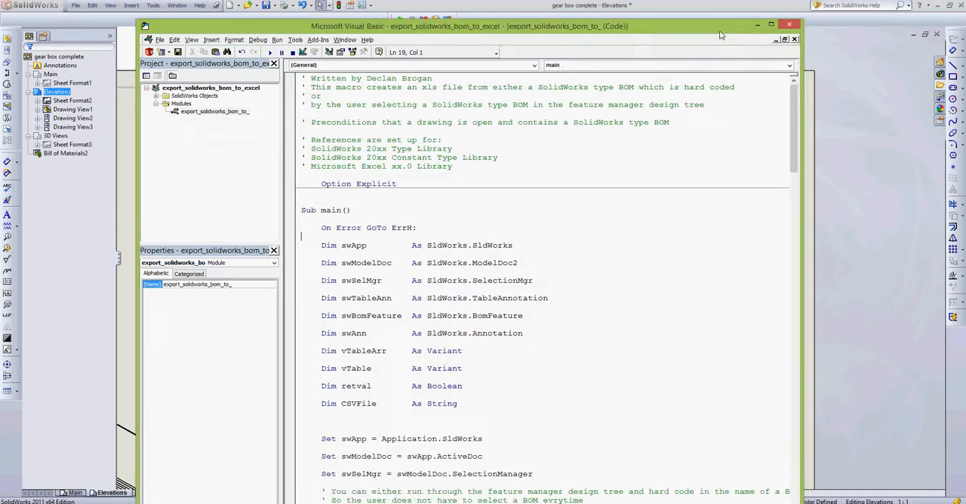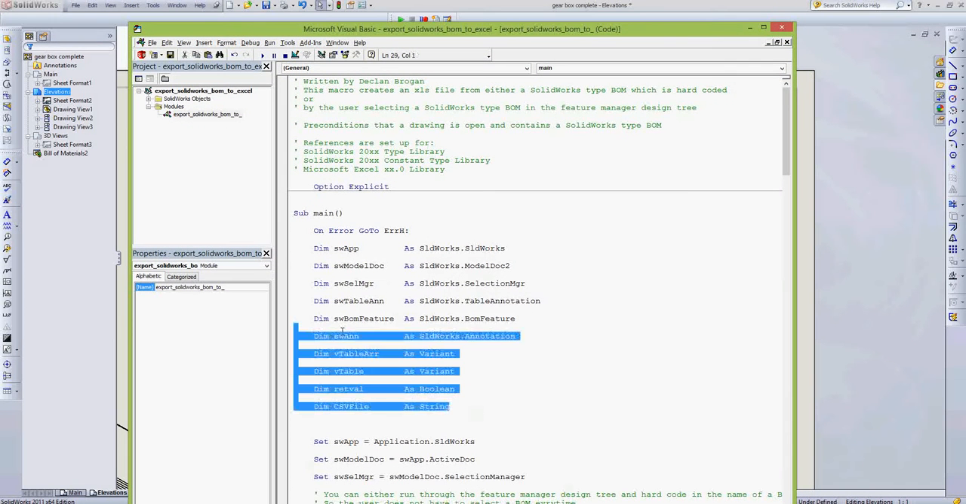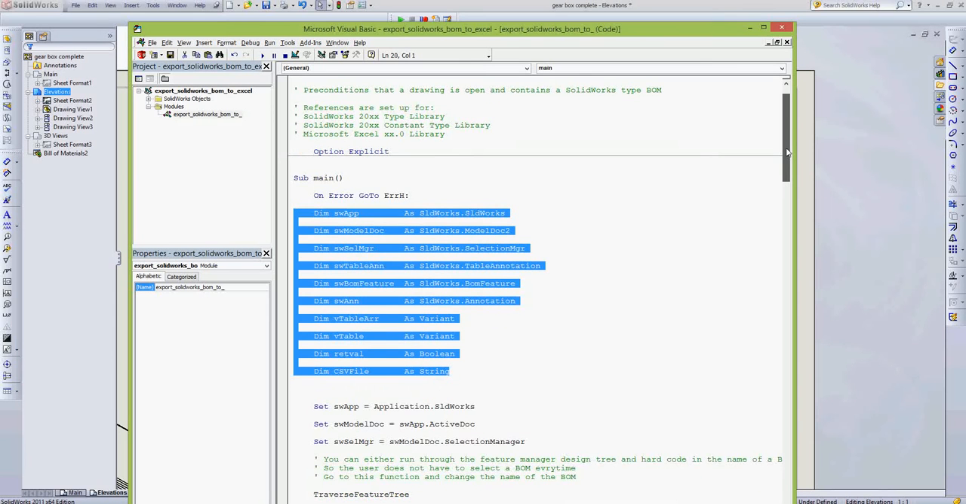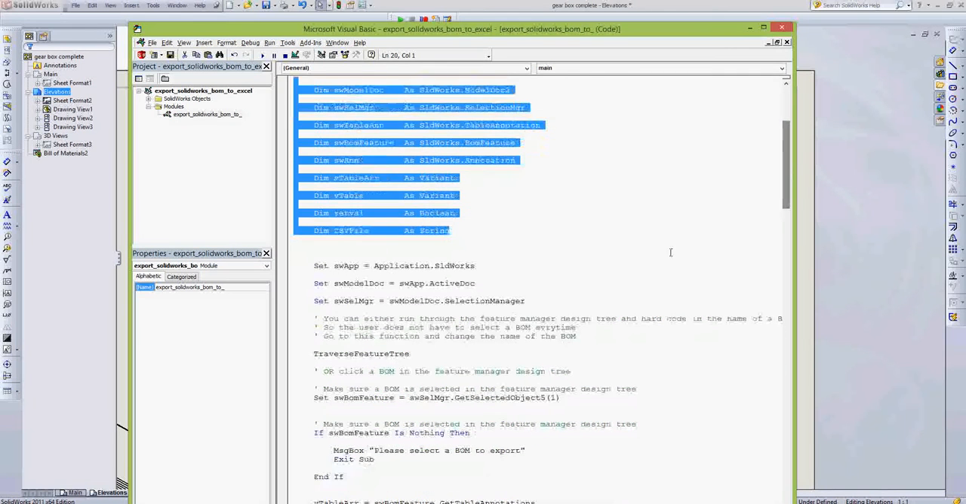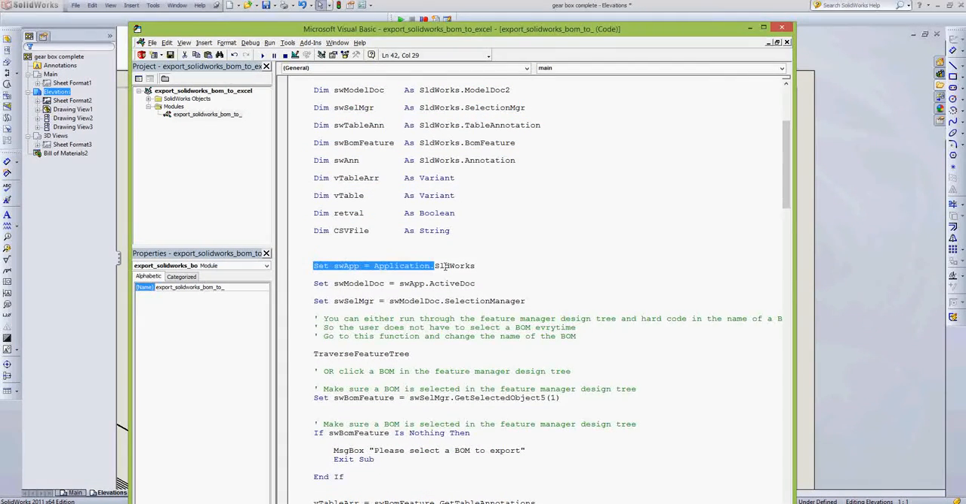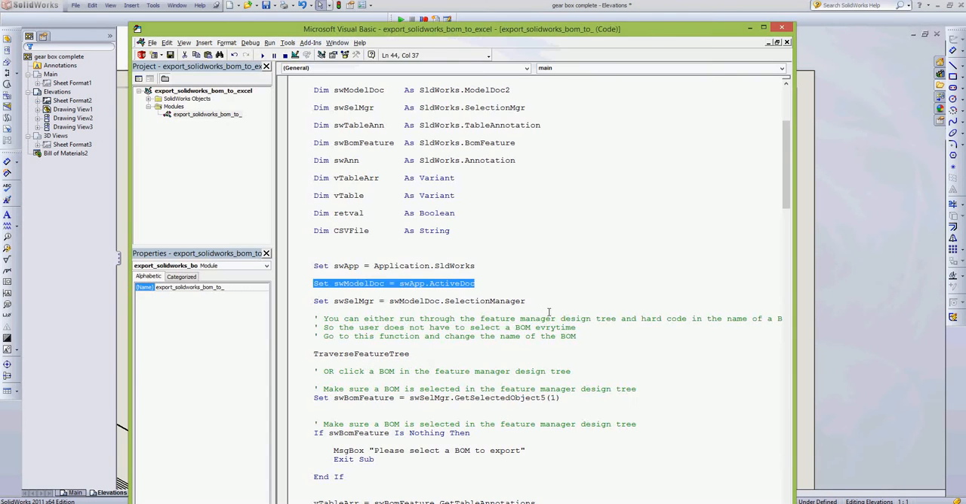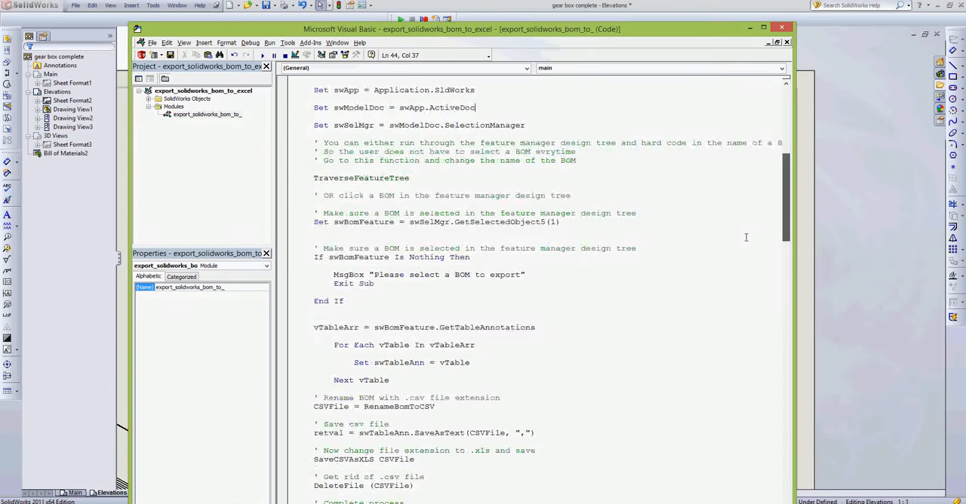Okay, so basically in the main procedure, you set up all your variables. I'm not going to go into the details of what variables are. The main line is setting up and connecting to SolidWorks. Then you connect to the active document, which is the drawing document, and then you get the selection manager. And then from here, we're going to drop into the traverse feature tree